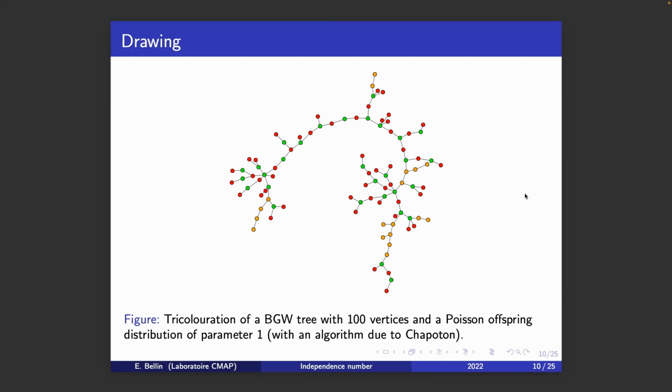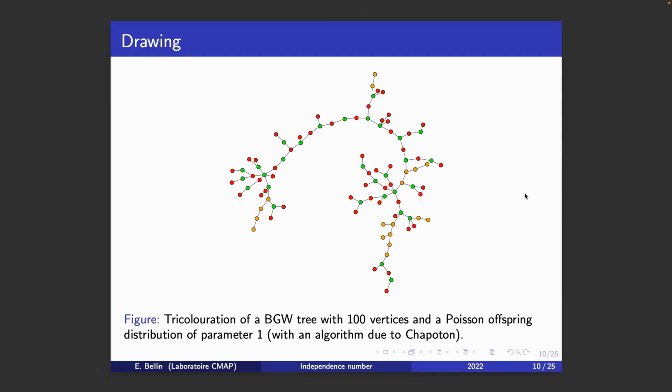Quickly, this algorithm does the following. You start by coloring all the vertices in one single color, red. Okay, you color everyone in red. And then you take a vertex at random. Actually, it doesn't matter, but let's say you take a vertex uniformly at random, and you will apply to it